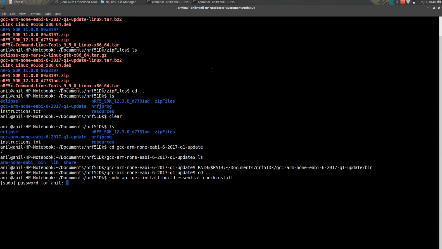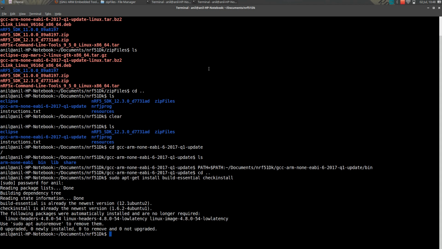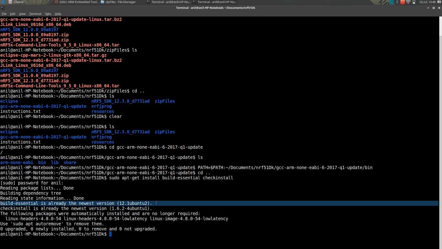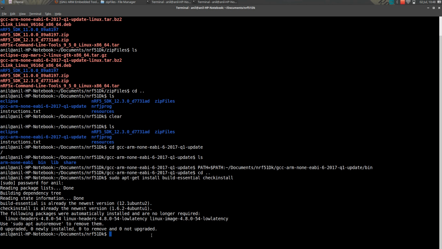Check install. See, build-essential is already the newest version. So if it is not installed already, get your build-essential.